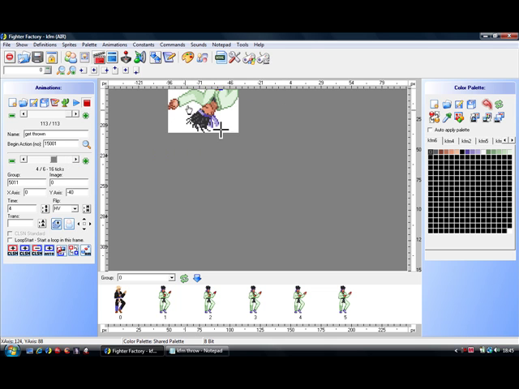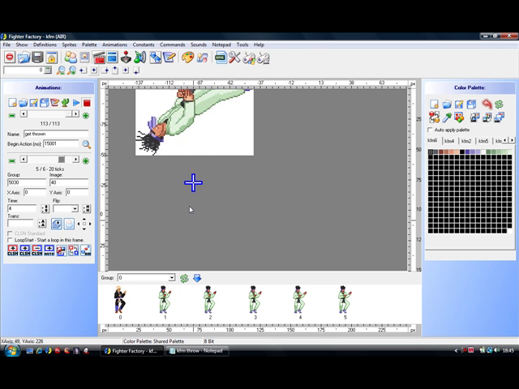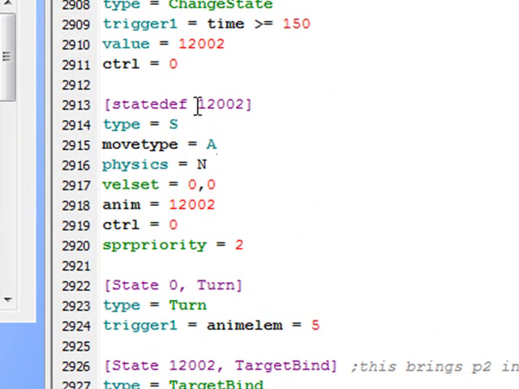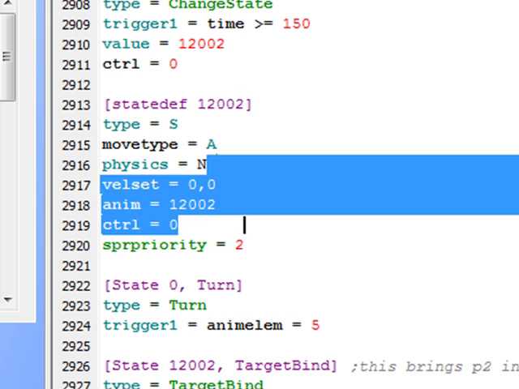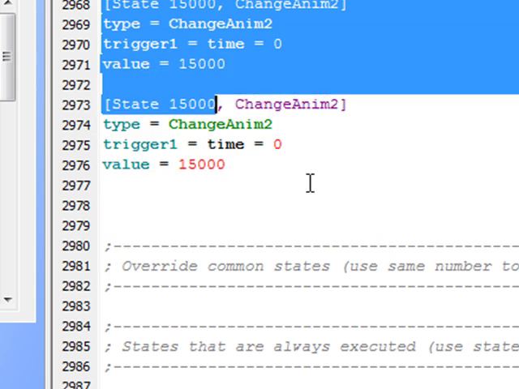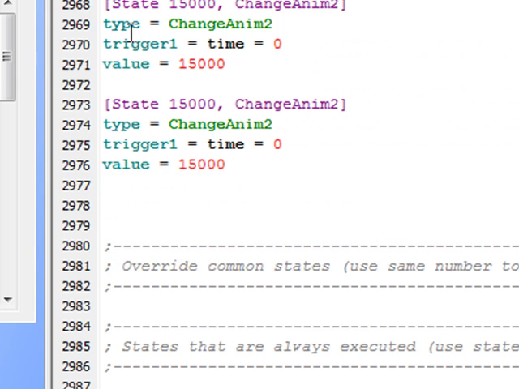So it's that animation. We want to change to that animation when player 1 is in state 12,002. But in this case, because you're in player 2's custom state, anything you control in here, if you're referring to player 1, it'll become player 2 now. So change anim 2 when player 2's state number equals 12,002. We want to change to